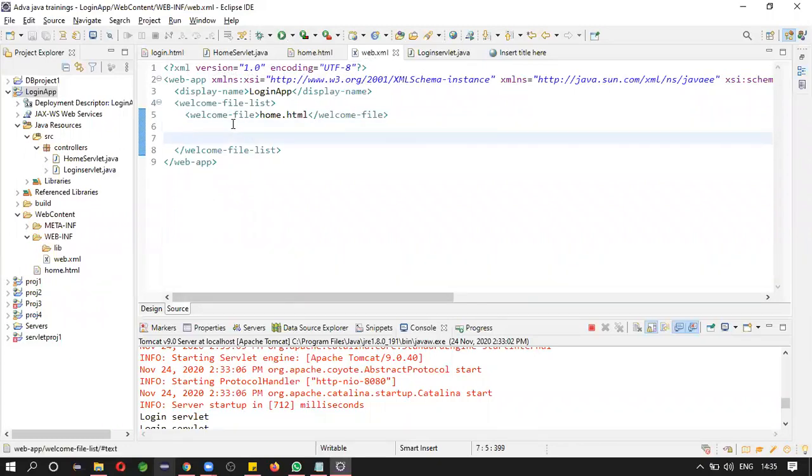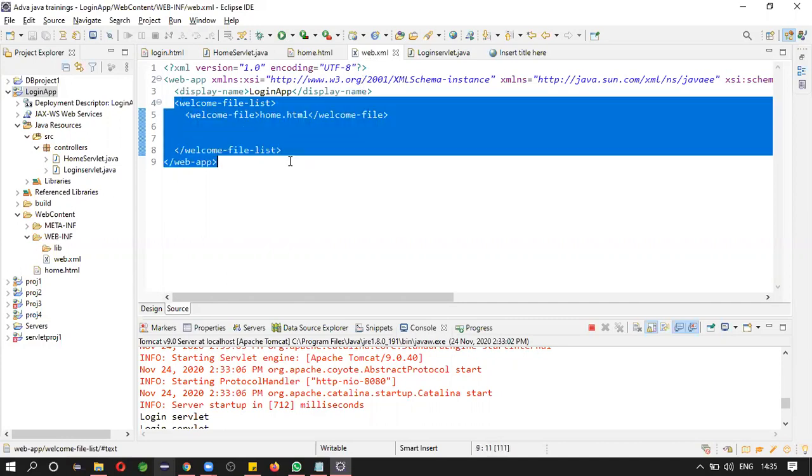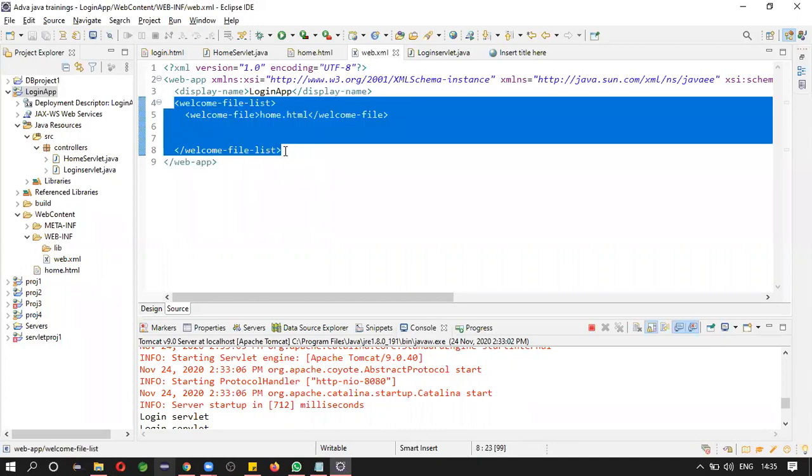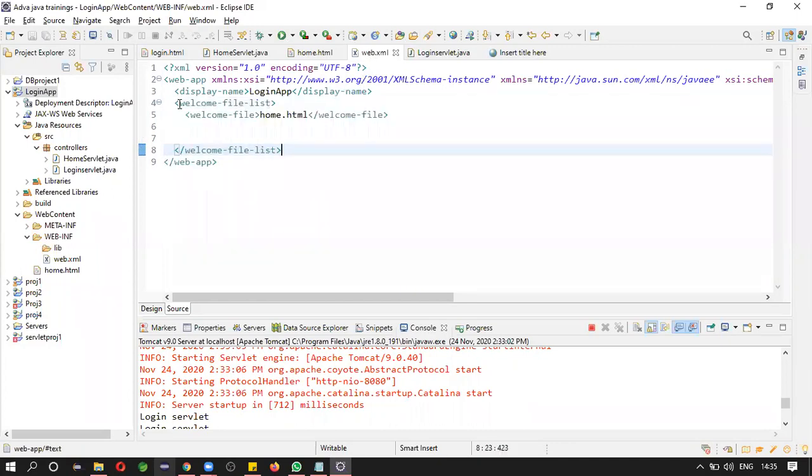So what will it do? Whenever you run the application, it will try to search for the welcome page. This is the way you can mention the welcome page. If you are not interested, then it is fine. But if you are interested, you can mention like this. Welcome file list. You can mention any number of files, but it will follow top to bottom.